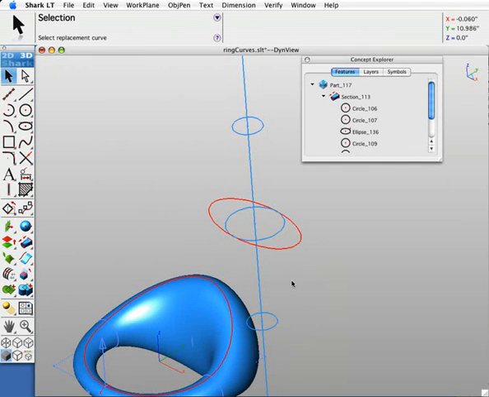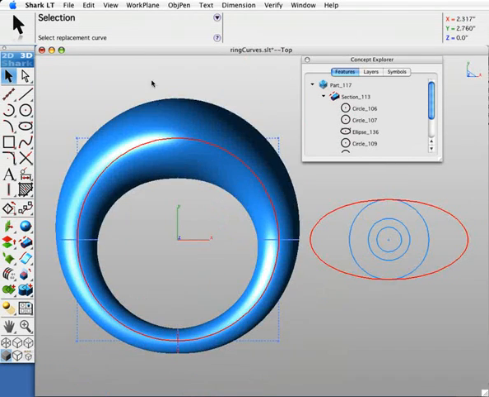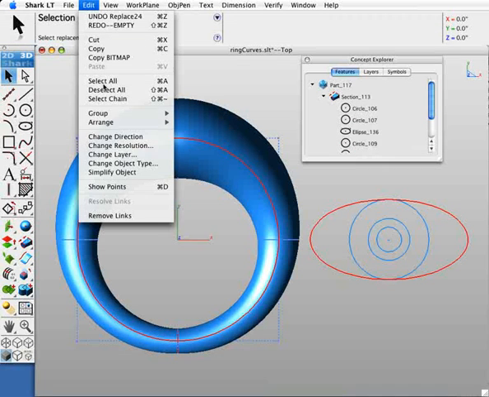So what associativity does is very nice in terms of letting you explore shapes that are driven by curves and parameters, which is especially nice for complex shapes that are NURBS driven. Let's do one more thing. Let's take this curve and let's do some modifications on it. Let's change that ellipse into a